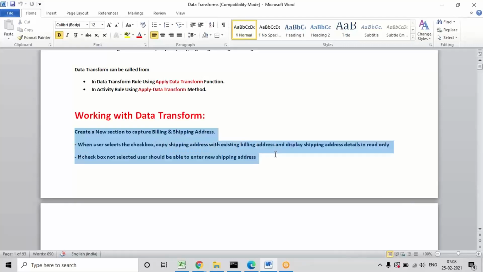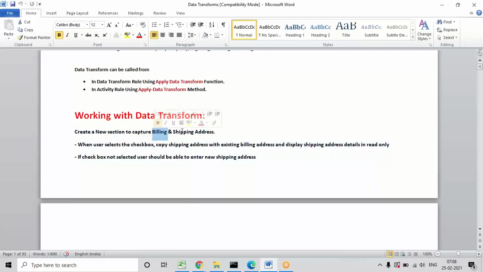First of all, we'll work on the UI designs. So two UI designs we are going to create. And for this, first of all, I'm going to start with the data class. I'll be using the same properties in both the designs, in the billing section and shipping section. So I'll be creating an address data class, some name I'll be giving, and under that I'll be defining the common properties, so that I can reuse them. We can create two page properties and reuse the properties. I think we know the page properties creation, but anyway you'll clearly understand once again.